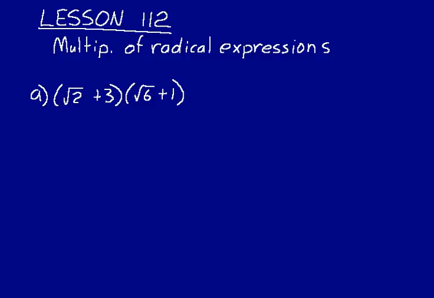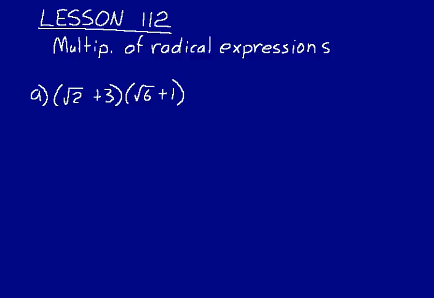Lesson 112 is more about multiplication of radical expressions, and these will usually be like a pair of binomials, and they'll have radical expressions in them. You just expand them out just like you would if you didn't have radical expressions, and then simplify those radical expressions when you're done. So let's just do this just like they were variables or just regular numbers that didn't